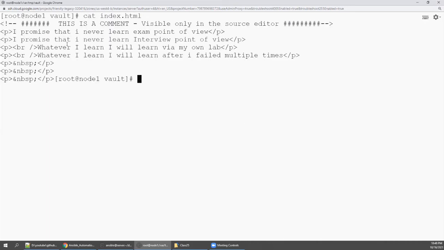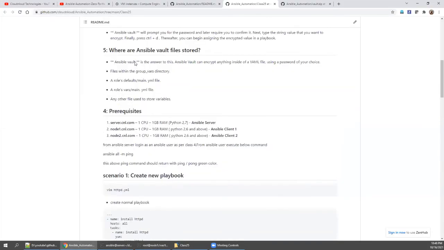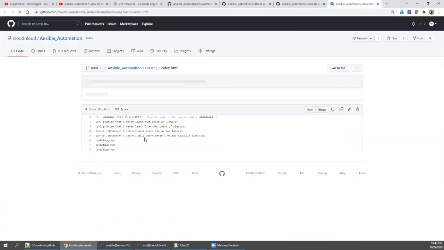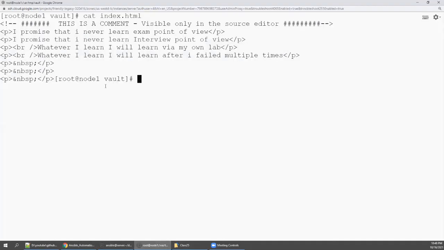See here, whatever we have, we will check whether the correct file was copied there and unzipped. Yes, whatever content we placed inside vault.zip, index.html, the same content we are able to see. There was no index.html before, so from vault.zip it was unzipped and we got this file.